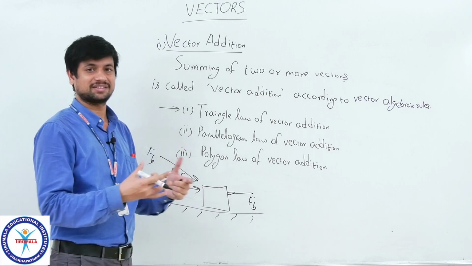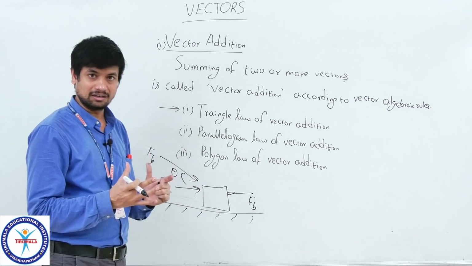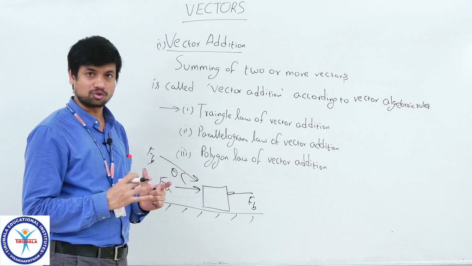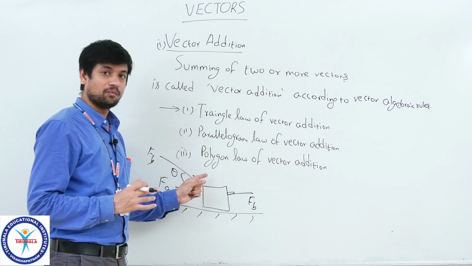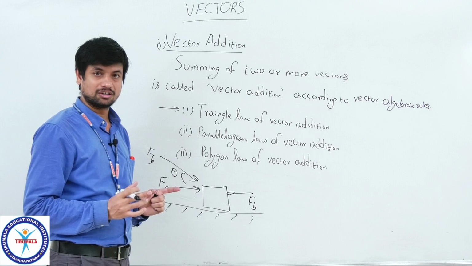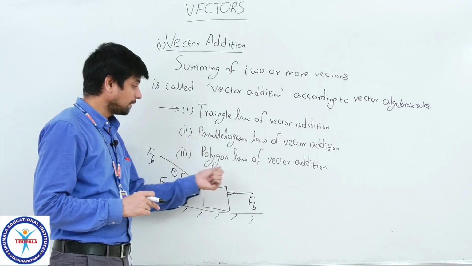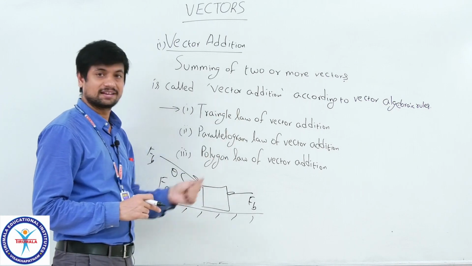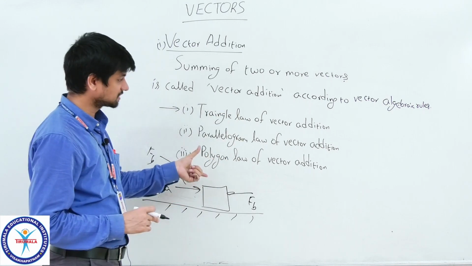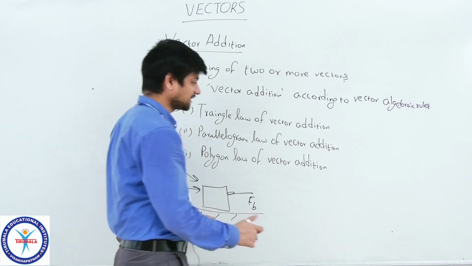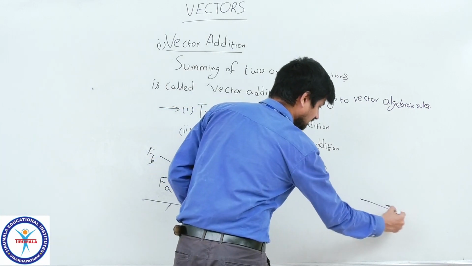Polygon means so many sides. It's a geometrical 2D closed shape, but which has so many sides to close it. So, what does it tell you? Based on this, these two laws are derived. First of all, just try to know what the polygon law is. Polygon law means here one vector